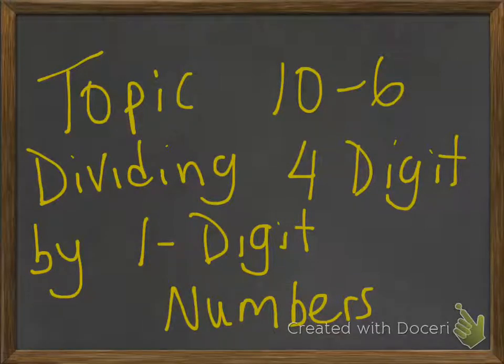Topic 10, Lesson 6, Dividing 4-digit by 1-digit numbers. Well, so far you've learned how to find exact quotients for whole number dividends. In this lesson, you're going to learn how to estimate and find quotients for division with 4-digit dividends and 1-digit